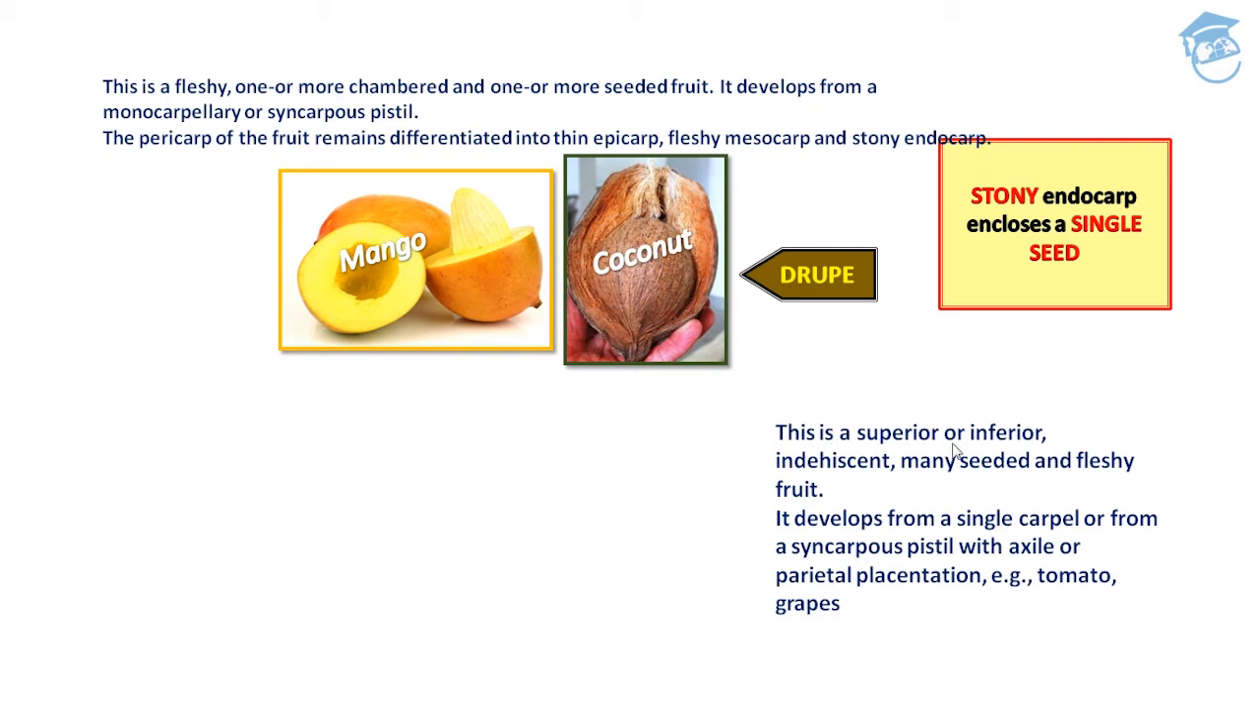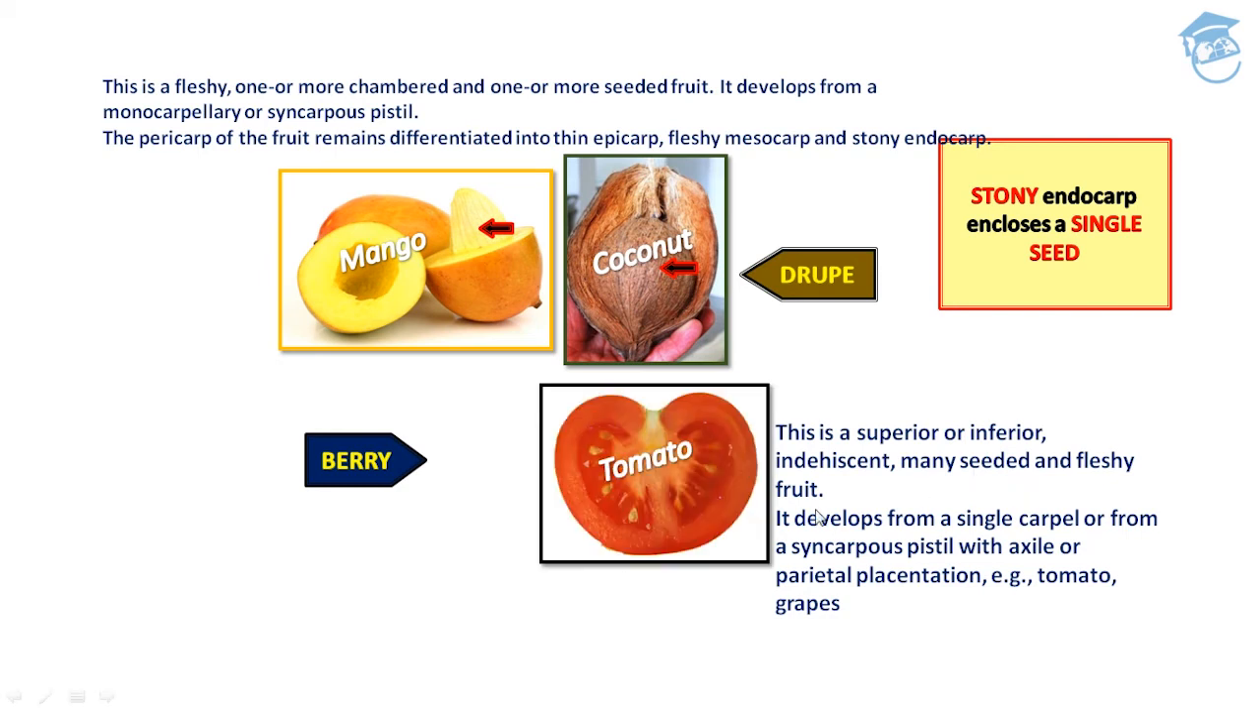This is superior or inferior indehiscent, many seeded and fleshy fruit. What? Berry. So this was about the drupe, which has a stony endocarp that encloses a single seed. This is one seeded fruits. Now we'll talk about the berry, which is superior or inferior indehiscent, many seeded and fleshy fruits, just as in case of tomato. See, it has many seeds, 1, 2, 3, 4, 5, 6, many seeds are there, and it